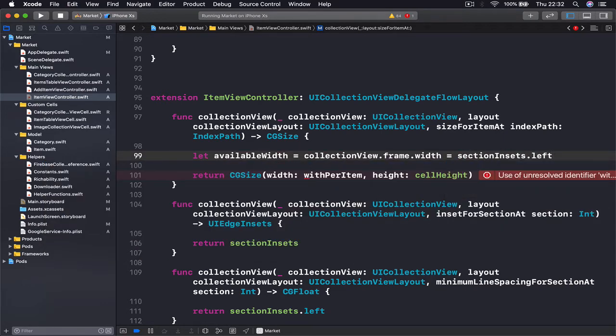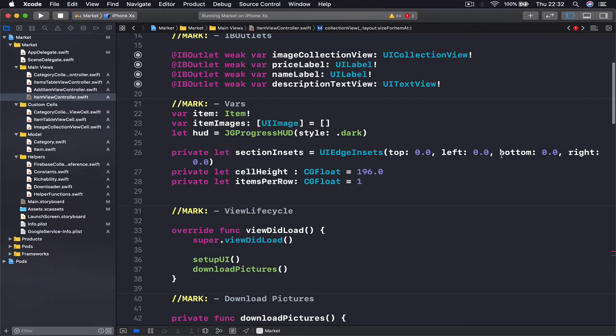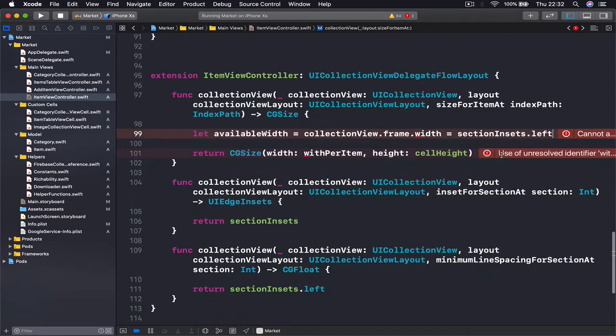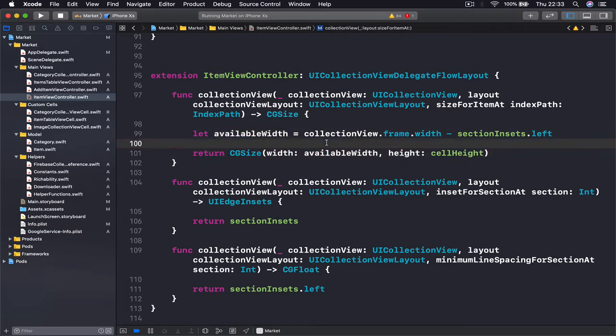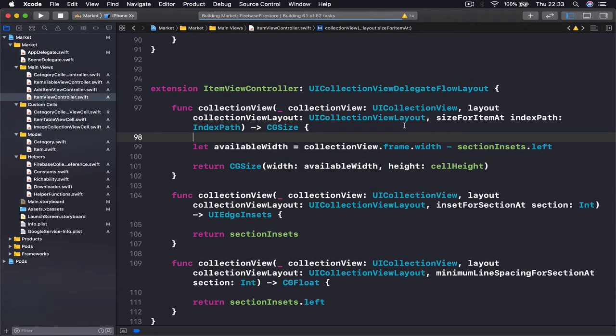In our case it's 0, but in case we decide to put any inset, any margins, this code will automatically work for us. So now equals minus available width, and let's just copy and paste it here. So this should be okay, and if we run our application now,